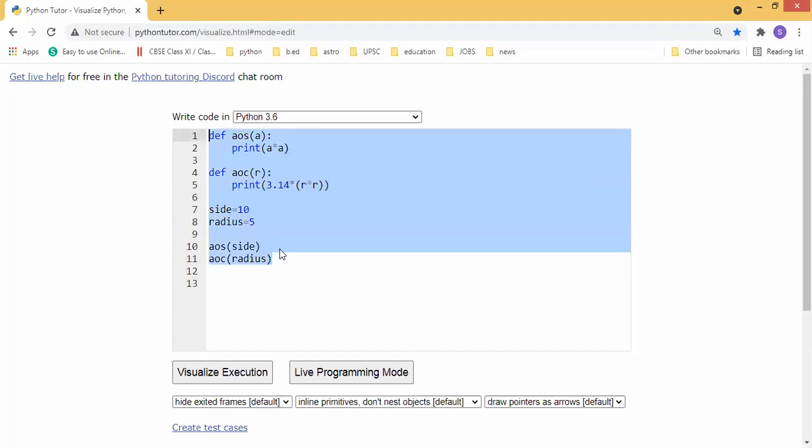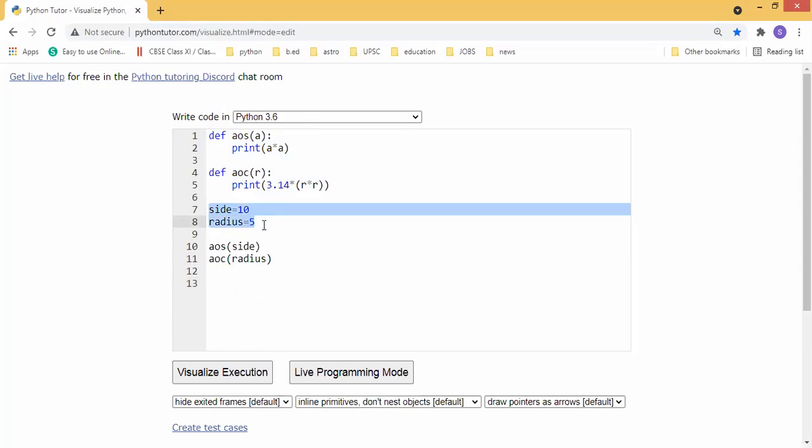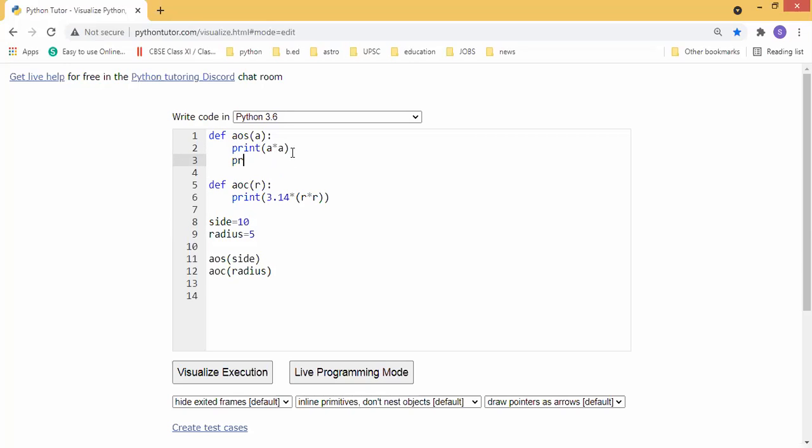So the same program, students, I'm going to simply change one thing. We know these two are the global variables. So now I'm going to print inside the function, I'm going to print the side also. Side equal to side. I'm going to print that variable. I'm going to access that global variable inside the function. Understood, everyone? The side is the global variable. I am accessing this outside variable inside by using the same variable name, side. Understood, everyone?